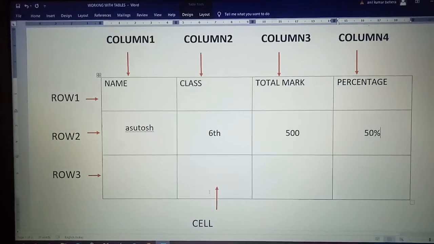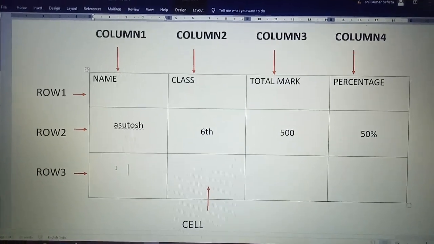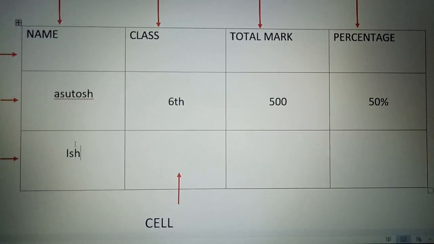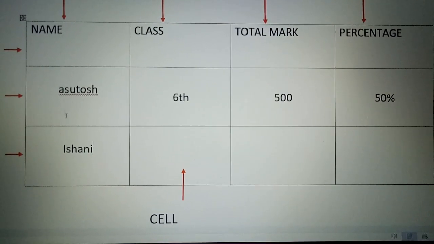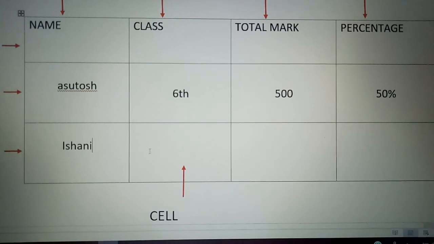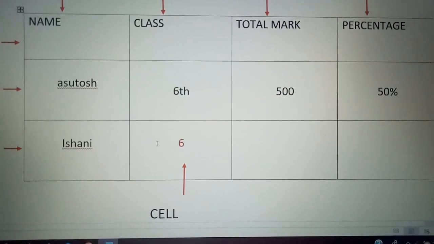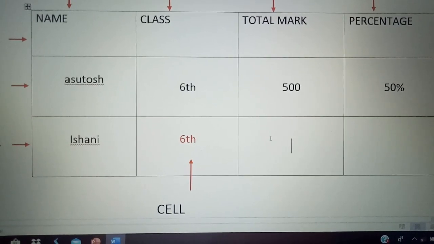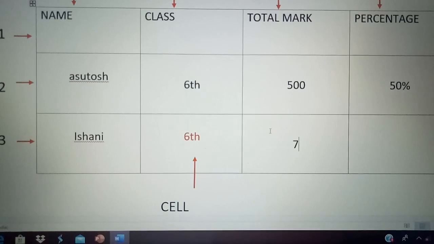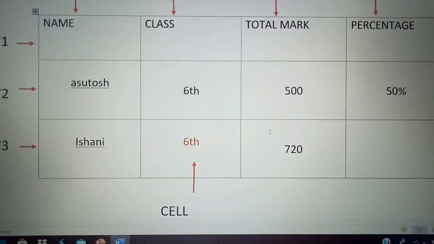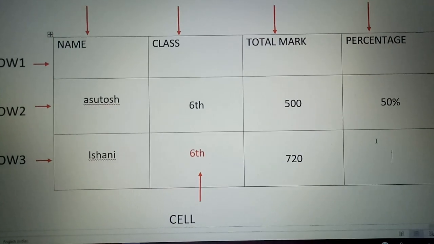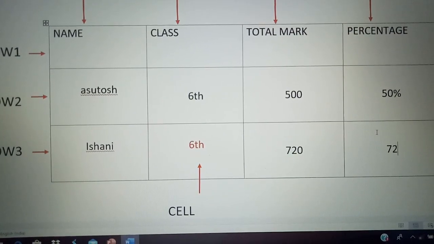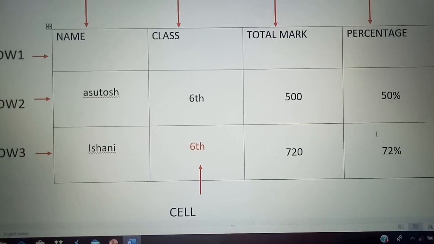Now let us say the third row, Ishani, class 6th, total mark 720, let us say 72%.